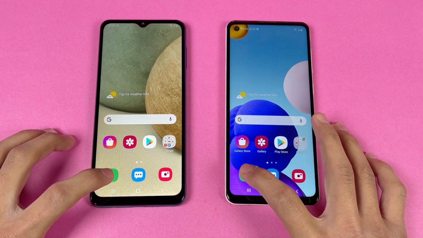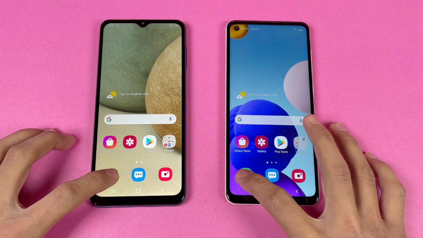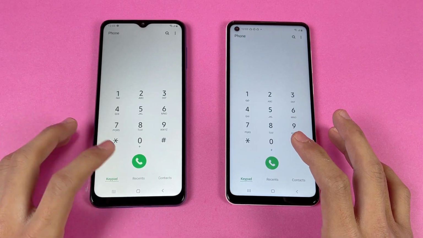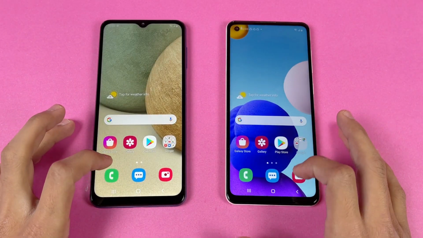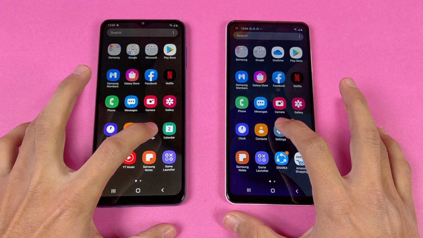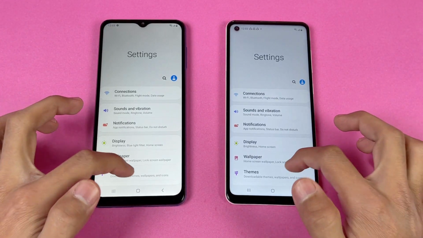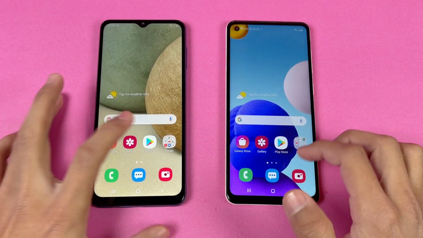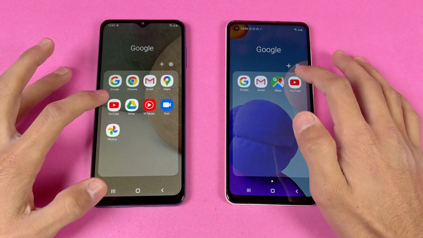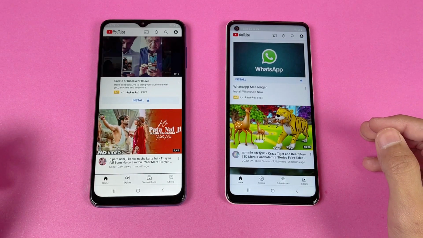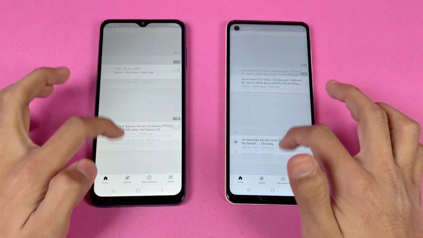The first application we have is the phone dialer. Here we go, and that is a little bit faster on the Samsung Galaxy A21s as compared to the A12. Next on the list is the settings, and that is again much faster on the Samsung Galaxy A21s. Now let's see YouTube launching on both phones at the same time, and that is about the same on both phones, no difference there.